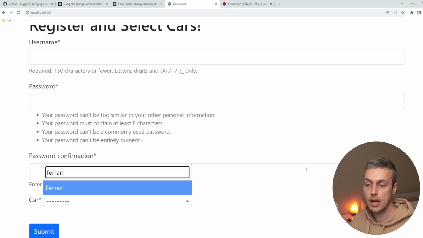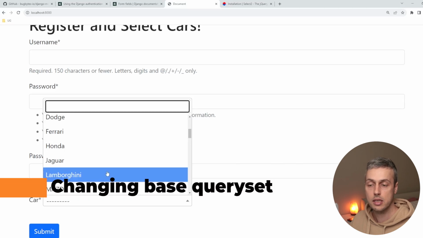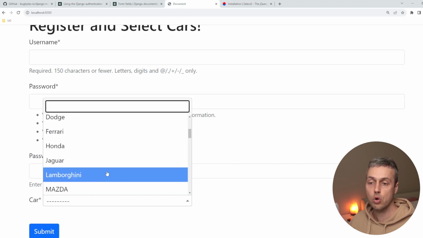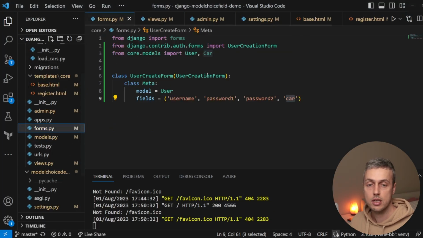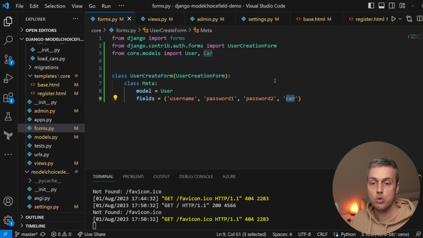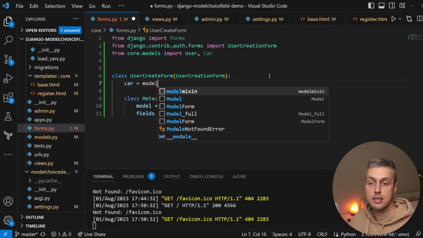Let's now move on and see how we can limit the query set of objects that appear in this select box. Now by default it shows all of the cars in the database. So if we go back to forms.py, when we create this model form and we create the car field in that, this is going to create a model choice field under the hood that links to a query set containing all of the cars by default. What we're going to do now is override that, and we can do that by setting explicitly the car field here and setting it to a